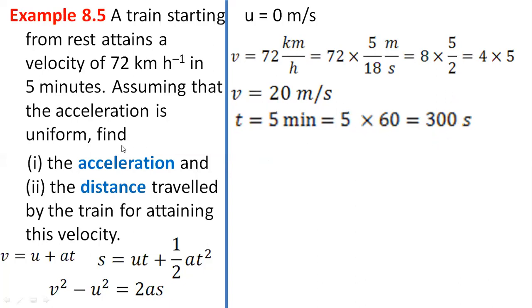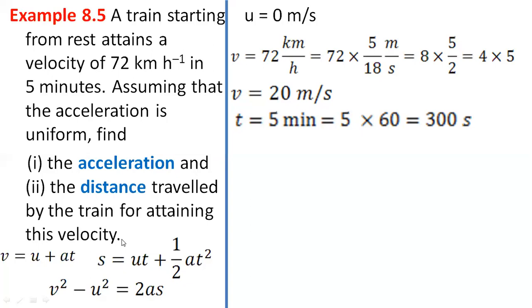Now, we are supposed to find out acceleration. This is all just given data. We actually need to solve for this particular acceleration. Now you have three choices. At the bottom, I have written the three equations of motion. You can see v is equal to u plus at, and the second and third equation. Now you can use any formula from the three. It is your choice. You can take any of these three equations to solve these questions.